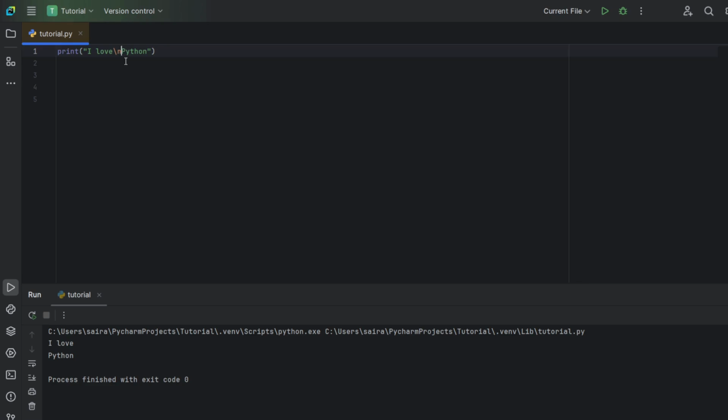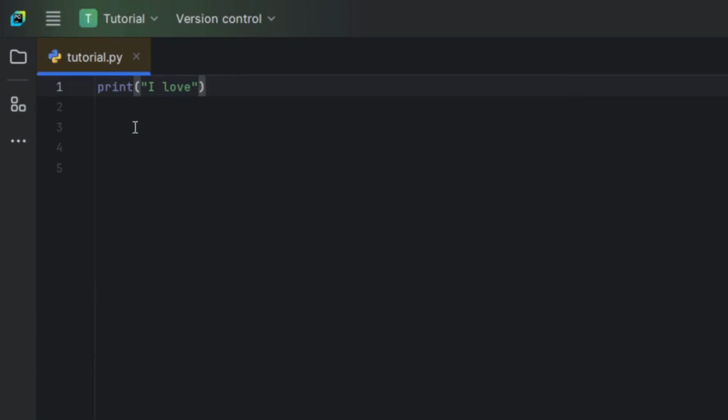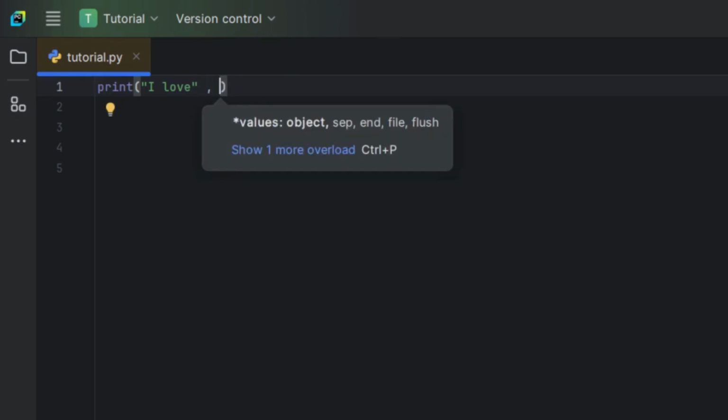So far, we have tested the print function behavior with no arguments and with one argument. But it's also worth trying to print, but this time with two arguments or three arguments or four arguments in one line. So how are you going to do it? Well, it's quite simple. Let's take I love as our first argument. Now, you're going to want to separate this, and we do that through the means of comma, space, comma, space, and let's open our second quotations.